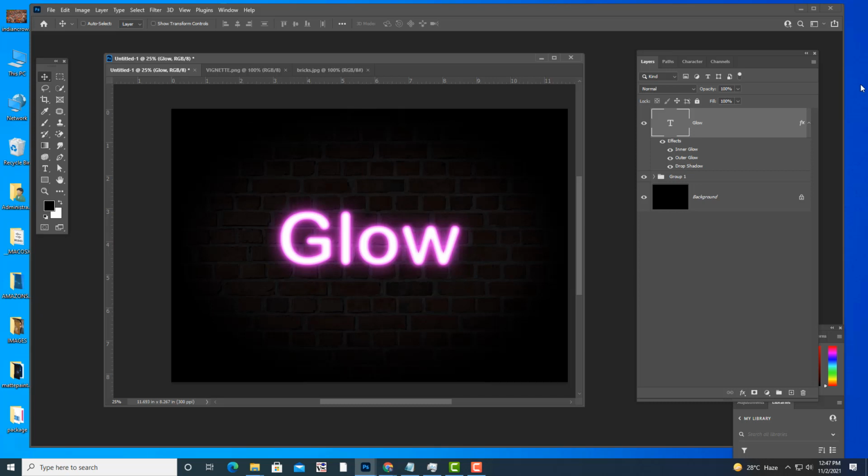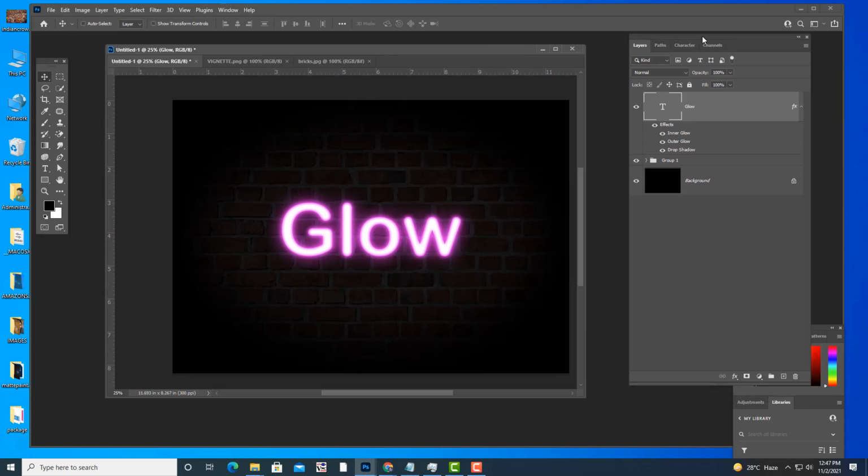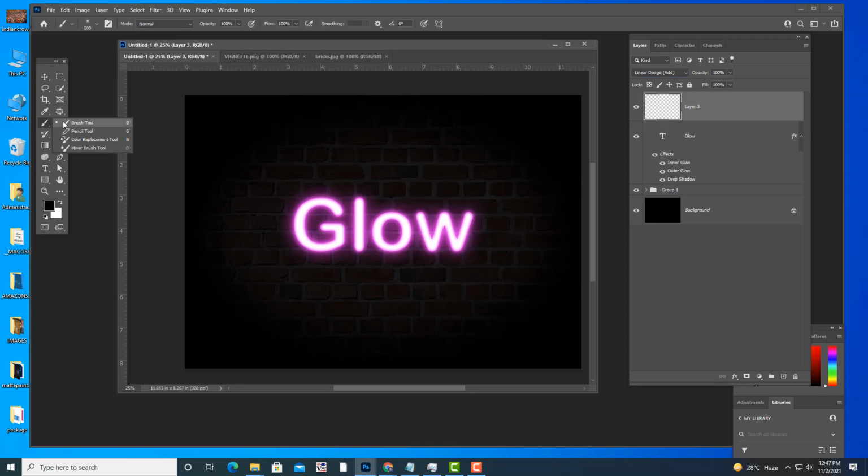Okay, the next step is I am going to take one more empty layer. For this layer I am going to apply a blending mode. Which blending mode? We will use the bright blending mode, which is Linear Dodge. And then take a brush.